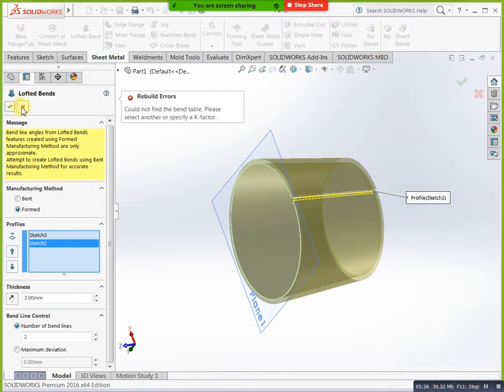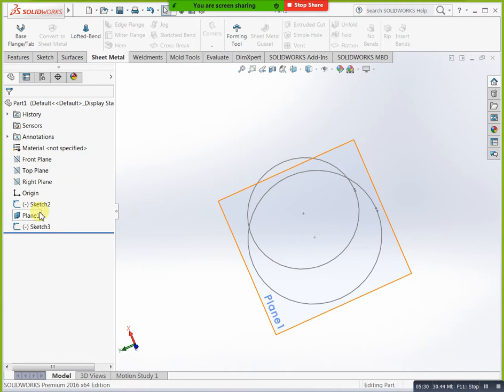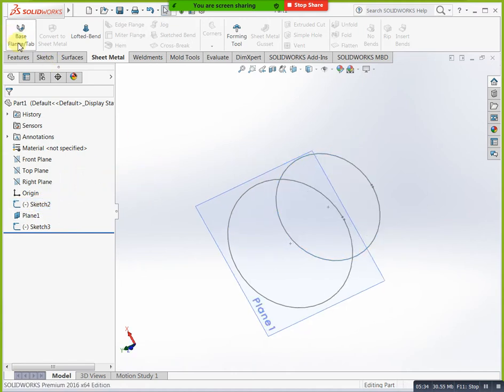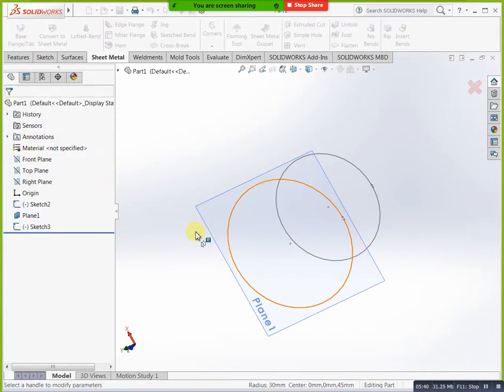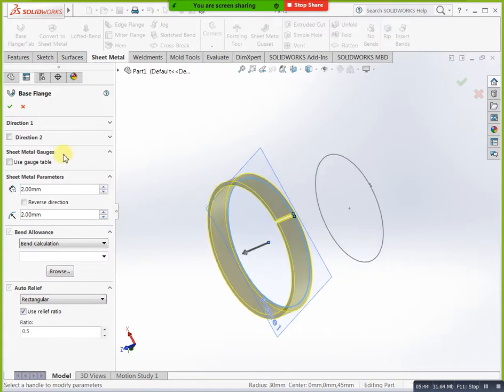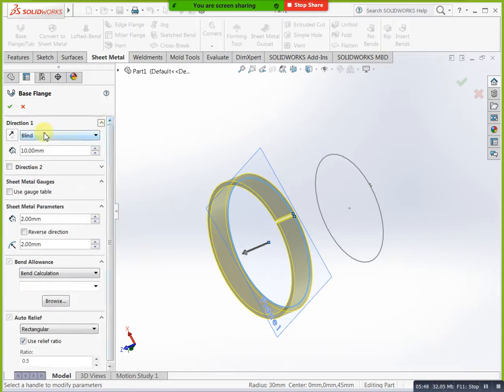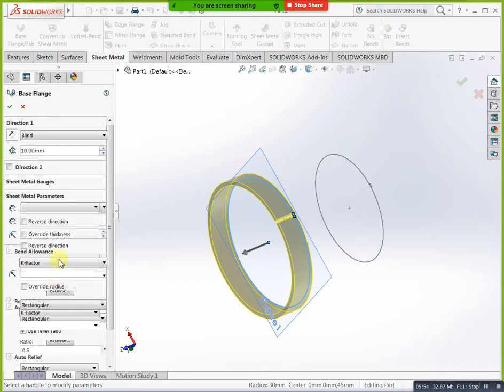First of all, you can go here and select any one. You are getting like this, no? In this condition, what you do is go here, and here we have the sheet gauge table, and you can select any one here. Bend calculation is K factor. If you know the K factor, you can mention the K factor for that. Use the gauge table, or you can use the gauge table and select your K factor sample.